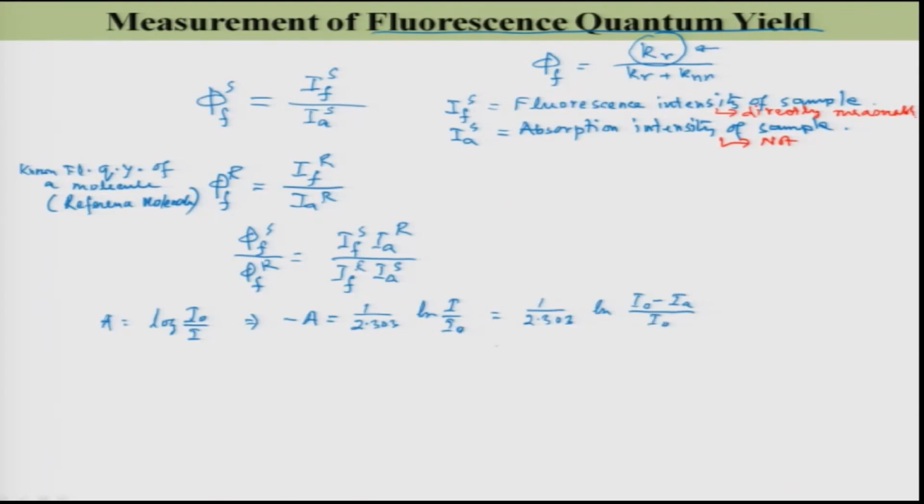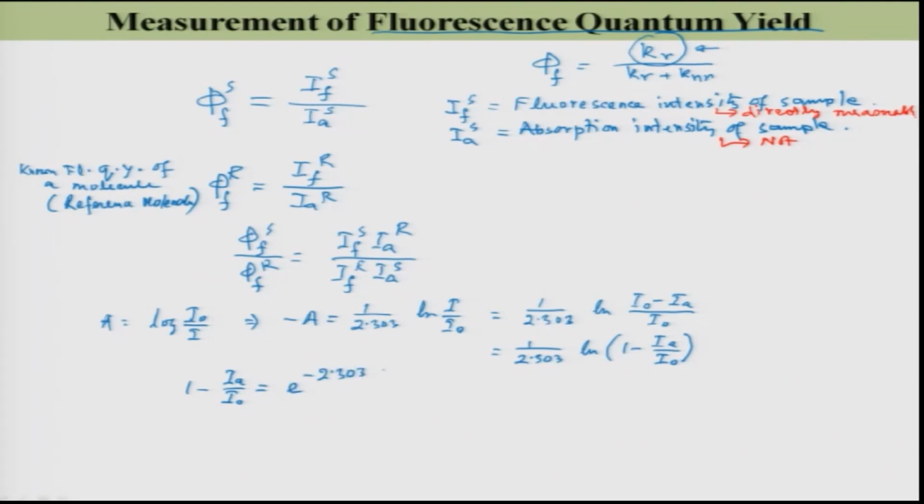So, this is equal to 1 over 2.303 ln 1 minus I_A over I_0. So, 1 minus I_A over I_0 equal to e to the power minus